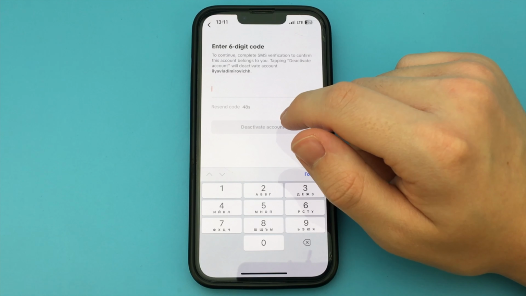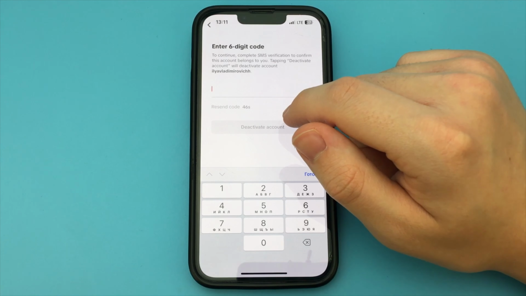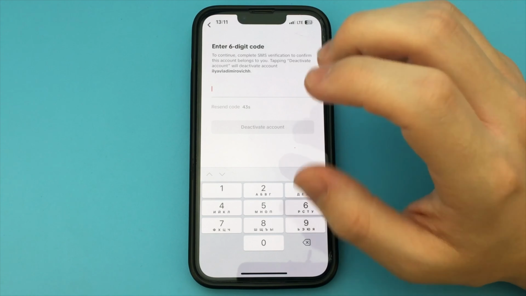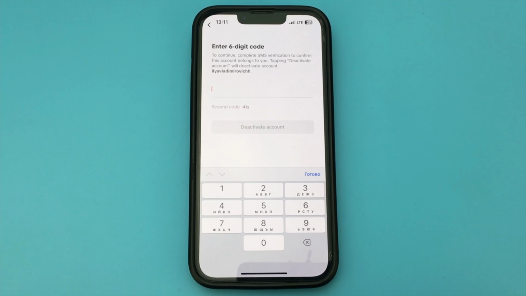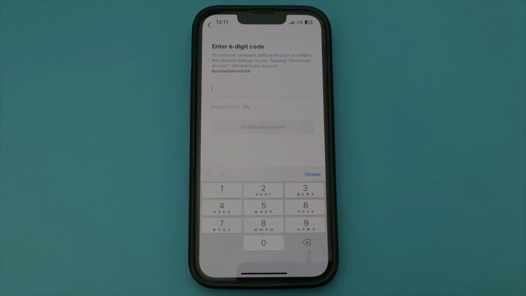We wait a couple of seconds. Then we need to enter a code or password to confirm that it is you who are deleting the account. There are different ways to confirm this, through an SMS or a fingerprint. After this, we press Continue and click the button Deactivate. As you can see, this is a very simple and quick way. Done. There is nothing complicated.